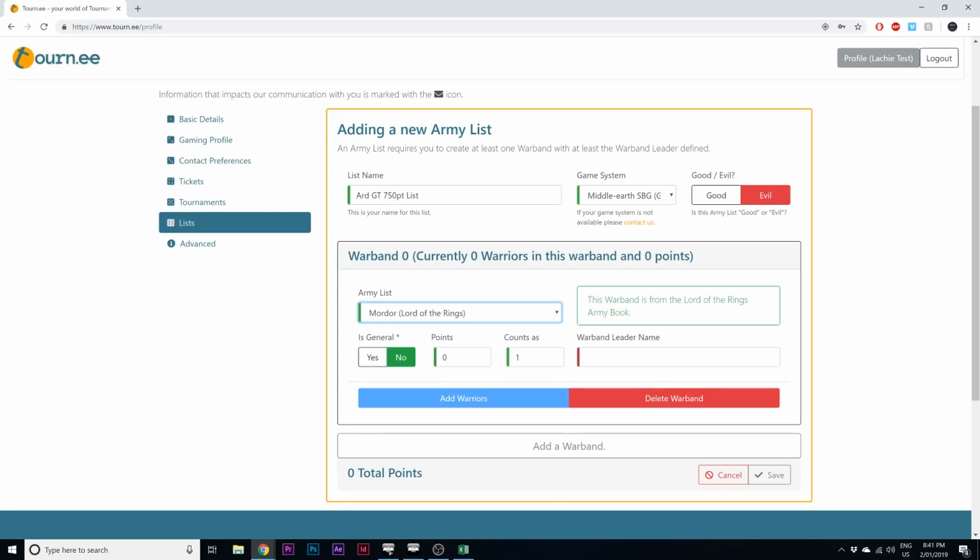And then because this is the general of my army, I'm going to toggle the general selection to yes, because I'm bringing the Witch King of Angmar. In the Warband leader box, we just fill out the name of the model and all of its equipment. So I'm going to be taking an Armoured Horse, a Morgul Blade, 3 Might, 9 Will, and 3 Fate. And that gives us a total of 165 points for the Witch King, which we just fill out in the